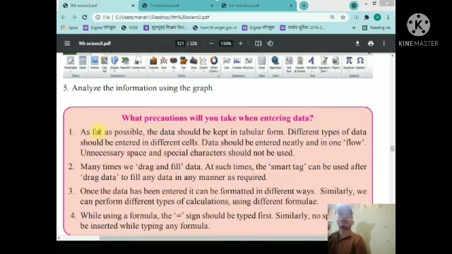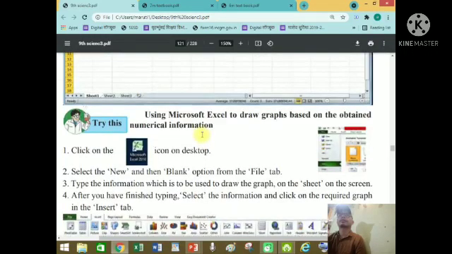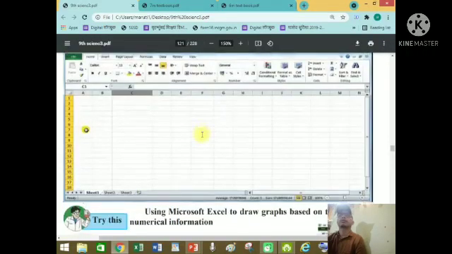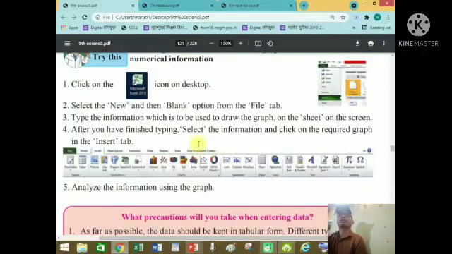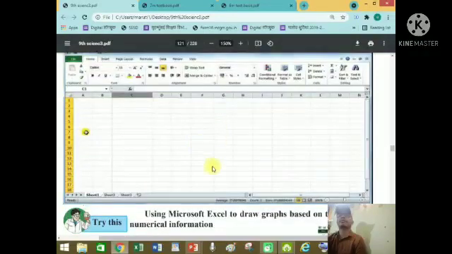As far as possible, the data should be kept in tabular form. Which form? Tabular form. See this. Different type of data should be entered in different cells. See this. Different type of data enter in different cells.